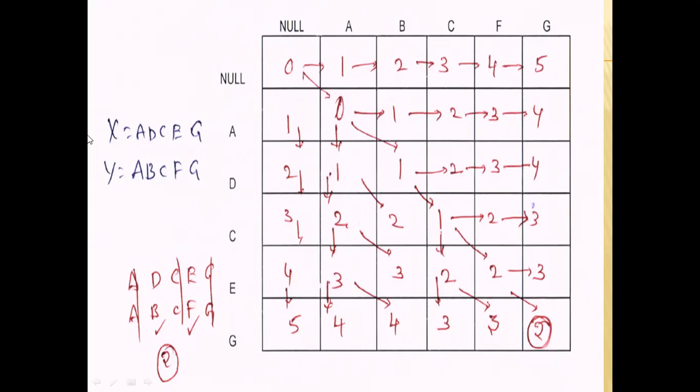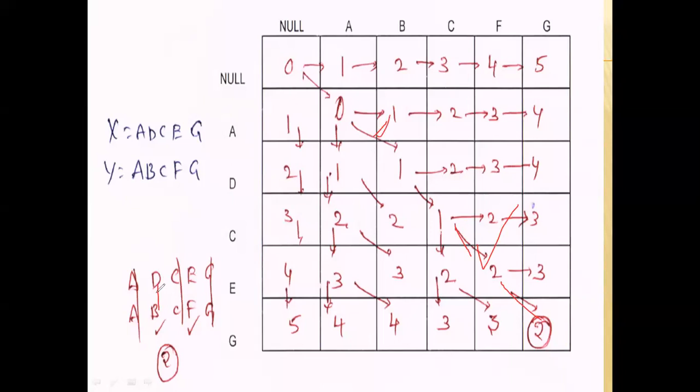So totally, ADCEFG, X value, ADCEG is converted into ADCFG. The total number of operations is 2. The 2 represents the change of values. It means on the diagonal, 2 is not a change, 1 is a change of one operation. Next, 1 is not a change, one operation. That means we are performing 2 replacement operations. One is D replaced with B.